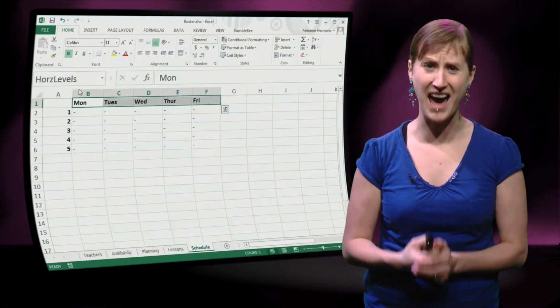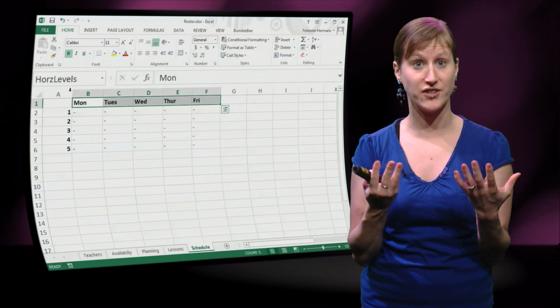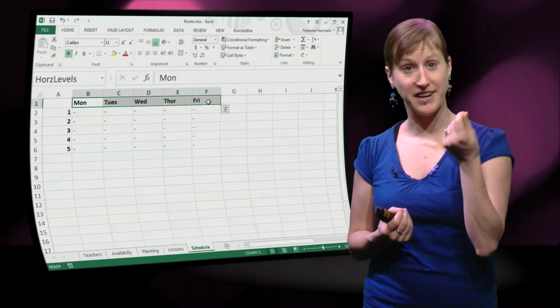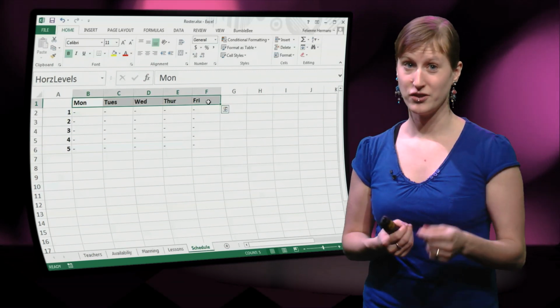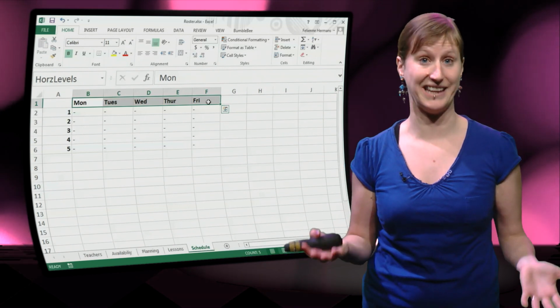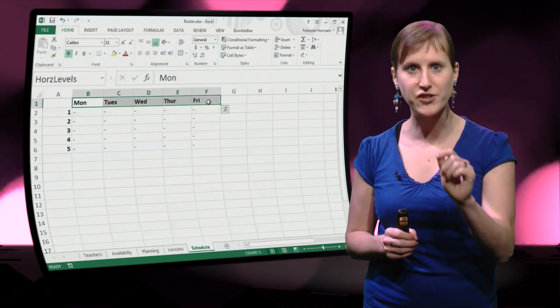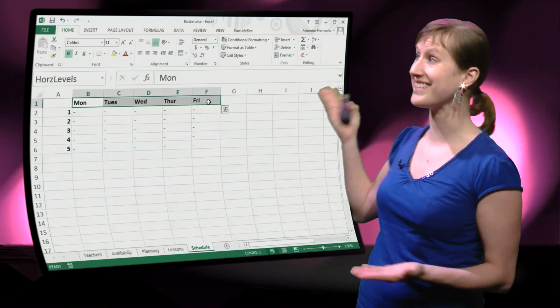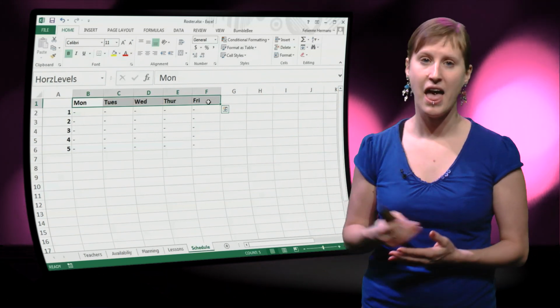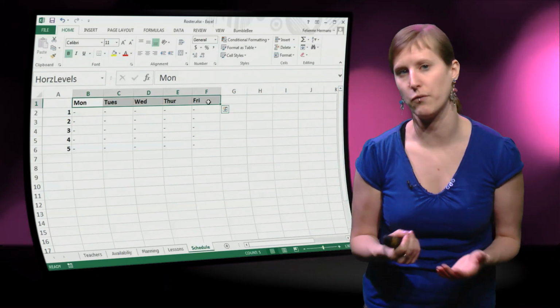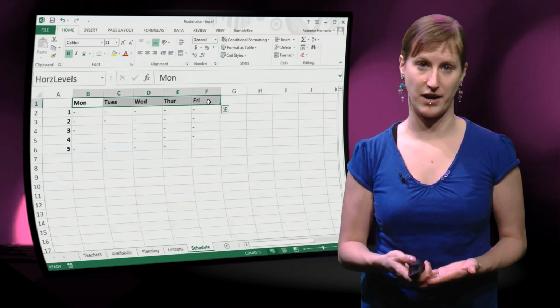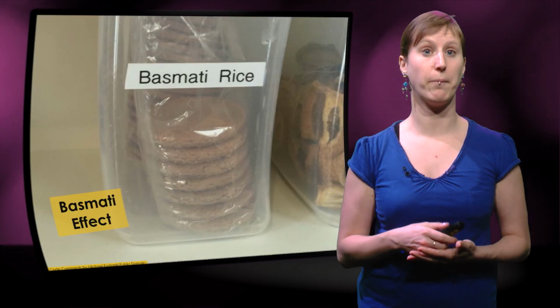But what has happened now is our worksheet has changed, but the named ranges have not. So the name is still horizontal levels, but in the spreadsheet, it doesn't mean levels anymore. It's actually days of the week now. And this is one of the risks, unfortunately, of using named range that I would like to call the Basmati